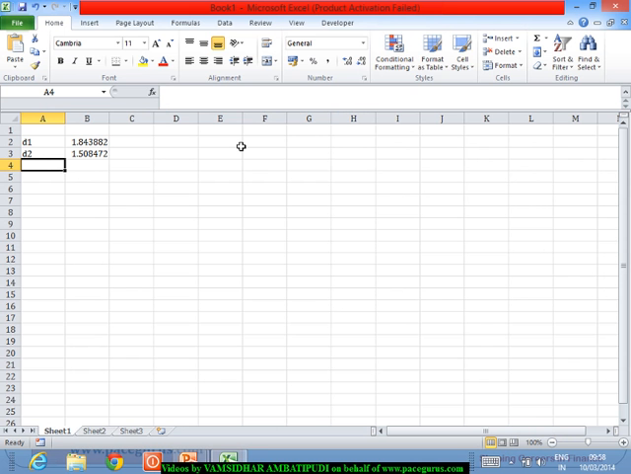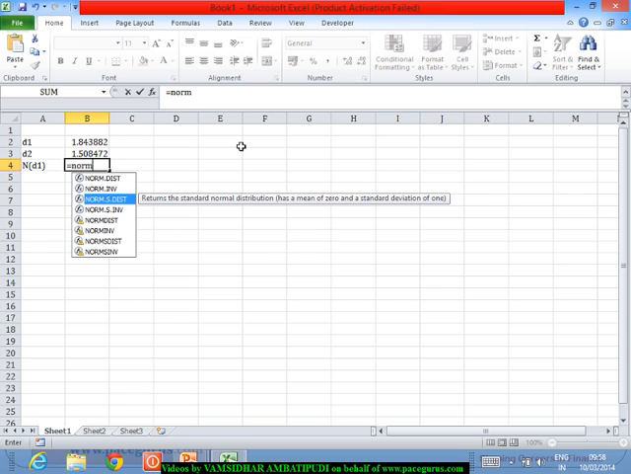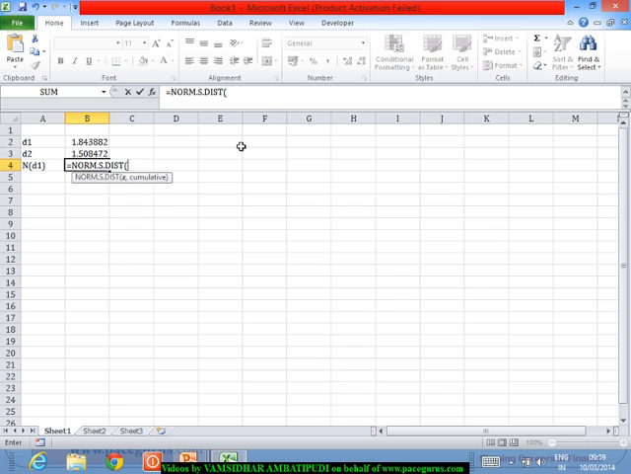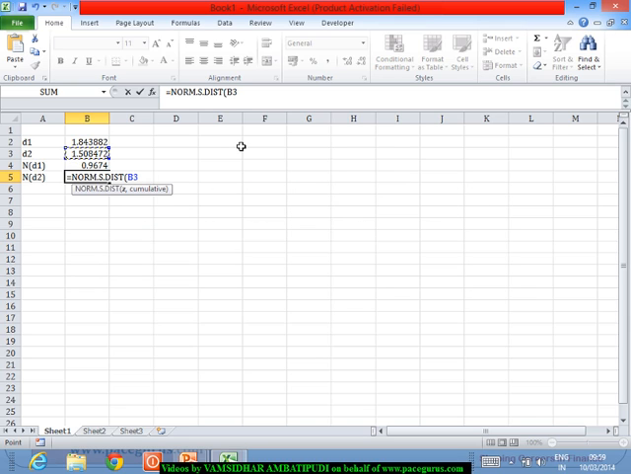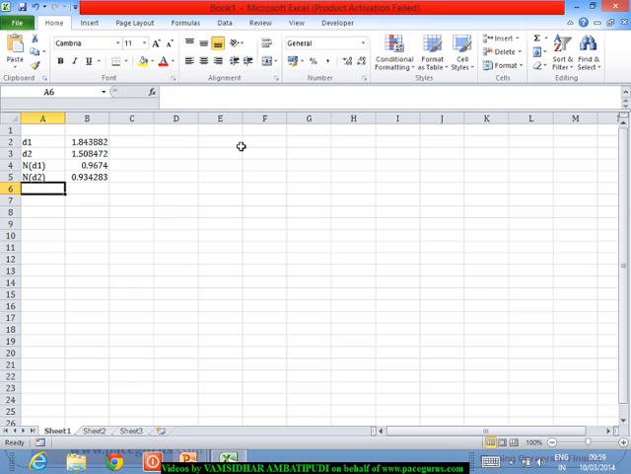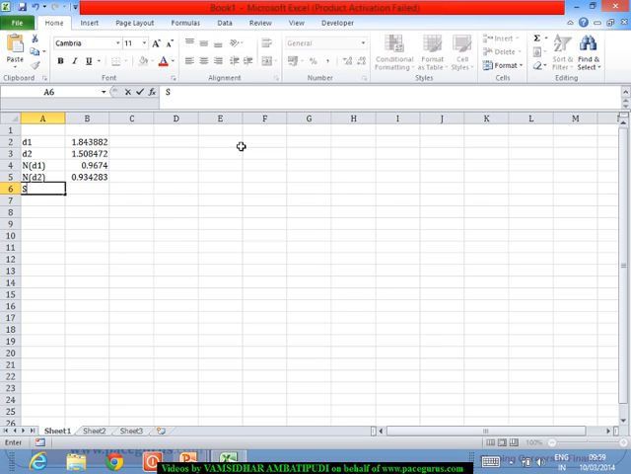So from here I should be able to find out ND1, which I'll take from the standard normal distribution value. I'm taking ND1, which is around 96.74%, and the ND2 is working out to around 93.4. So from here I should be able to get the value of equity, which is nothing but the